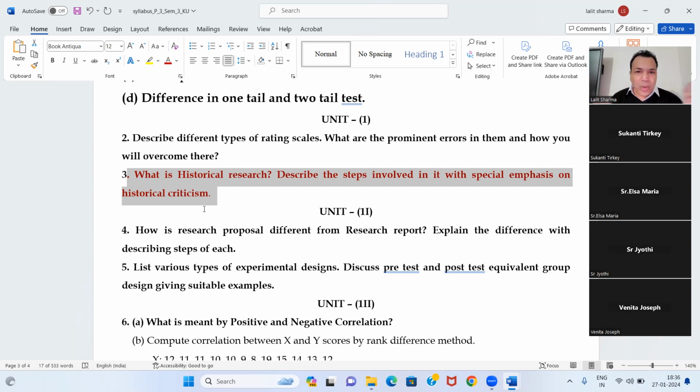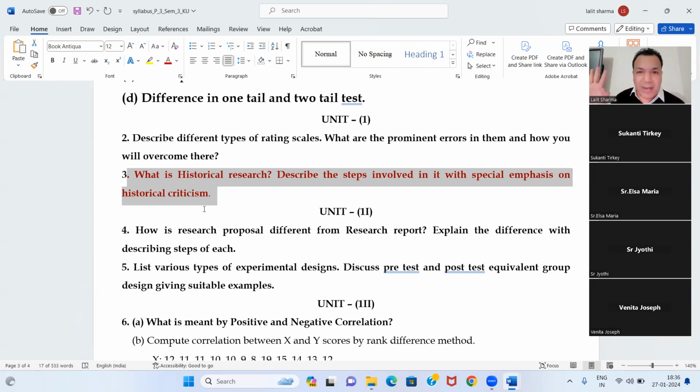If you do not go through the syllabus and the notes, how will it come to your mind which thing is important? I have been looking at the last 20 years: whenever a question on historical research comes, the examiner always asks about criticism and steps of historical research. Steps and historical criticism are important. And for experimental research, if you think the question will be to define it and give its advantages and disadvantages,